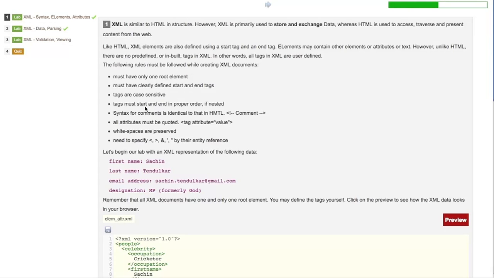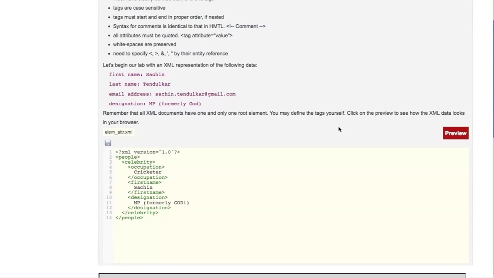However, there are some rules that must be followed while creating XML documents. These rules have been mentioned here for your reference. What we'll do is get started right away and create an XML representation of the data that we've given here, right? So as you can see, I have already created an XML representation of the data. What you will have to do is change what you see on your screen in this lab to something similar